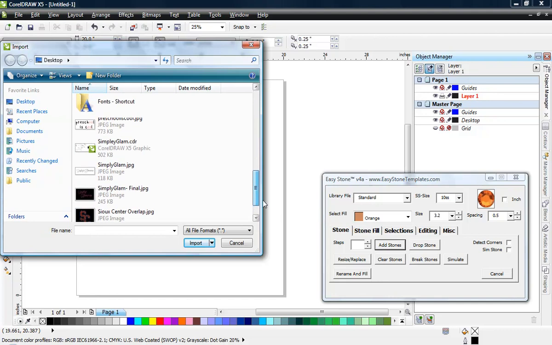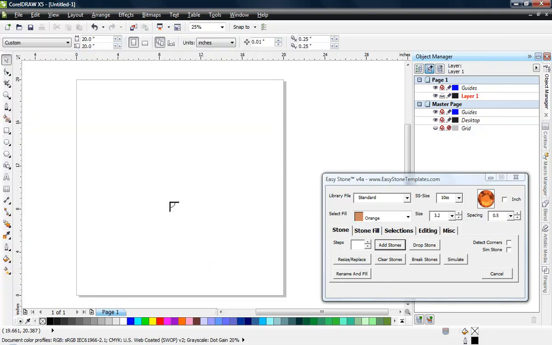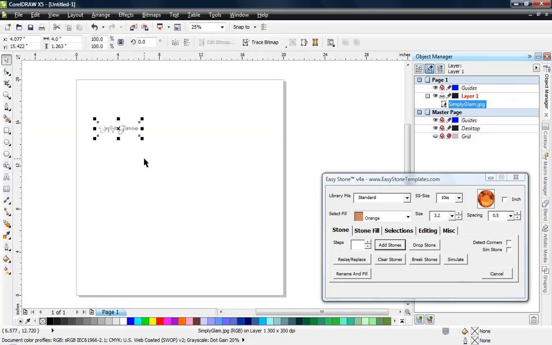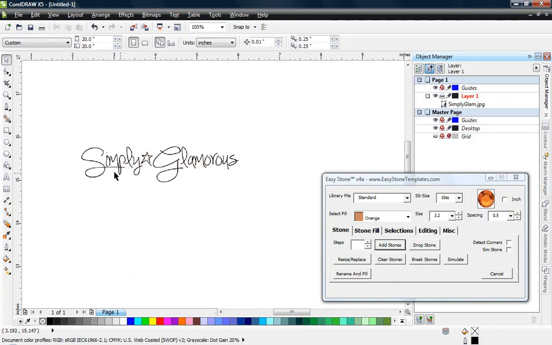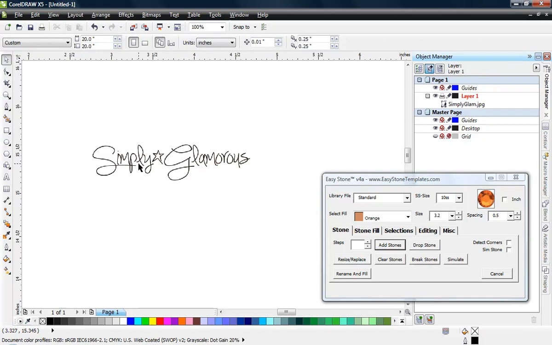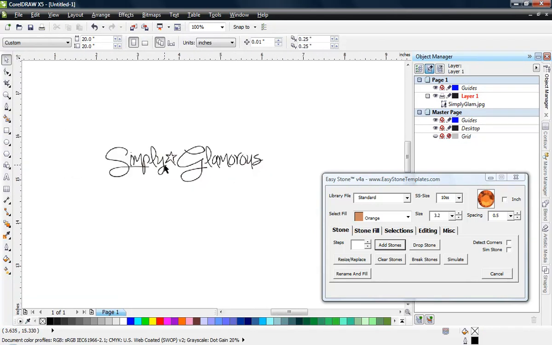So here we have a logo. This was provided by Becky down there in Kansas City. So it's simply glamorous. You can see it's a really nice little script font. Pretty easy to convert into a Rhinestone design with various different techniques, and we're going to cover some of those